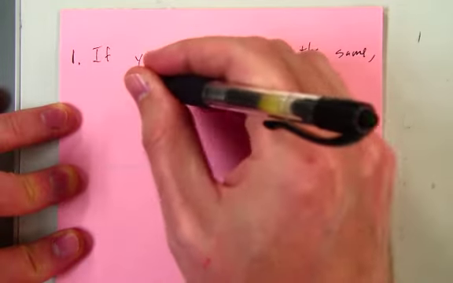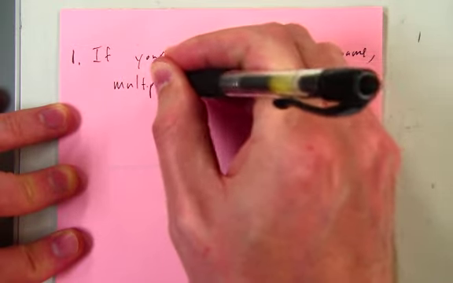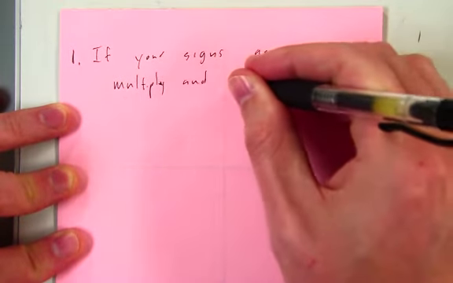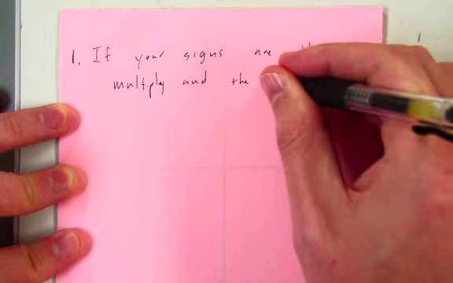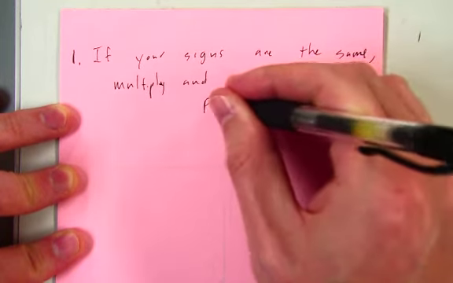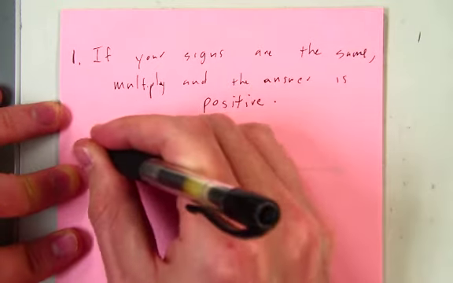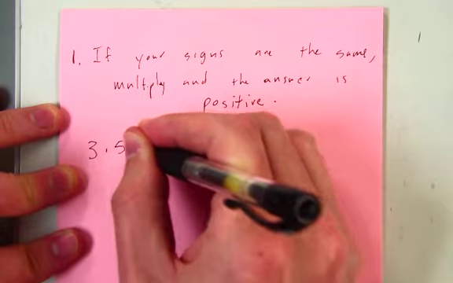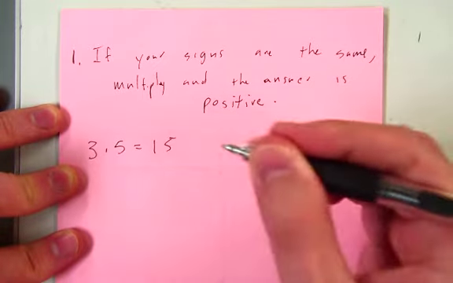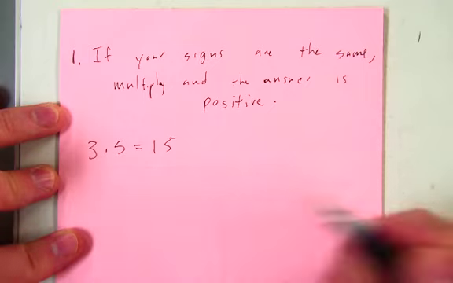then you just multiply and the answer is positive every single time. So if we have a problem like 3 times 5, we all know that that is just going to give us 15, right? And it works with this rule because our signs are the same, they're both positive, and then